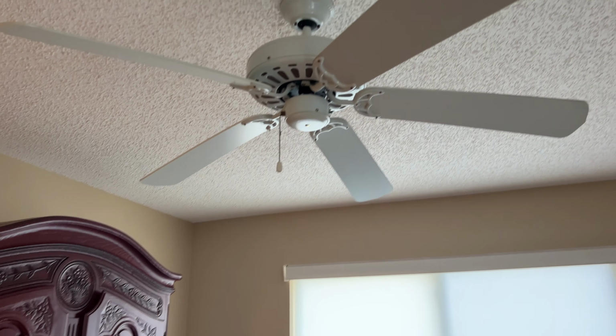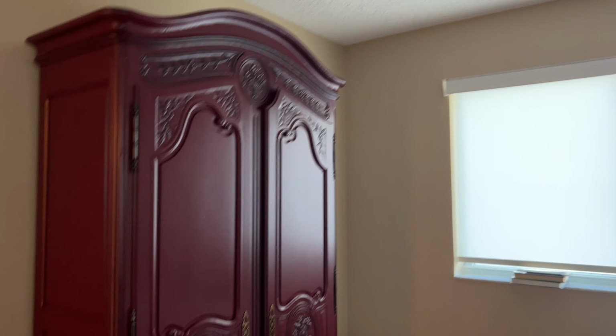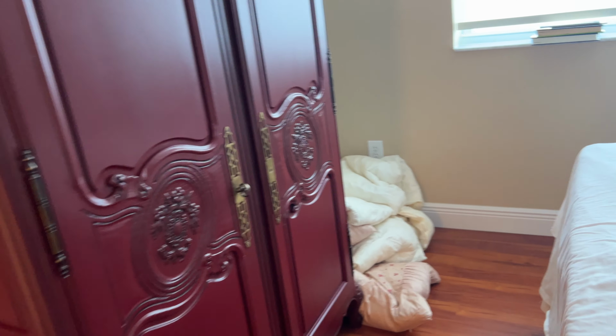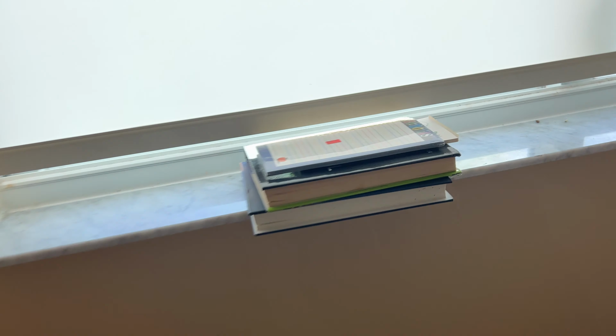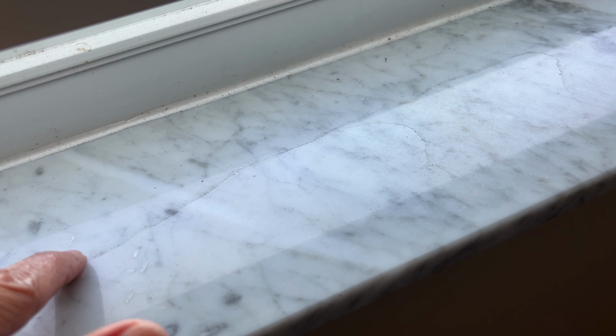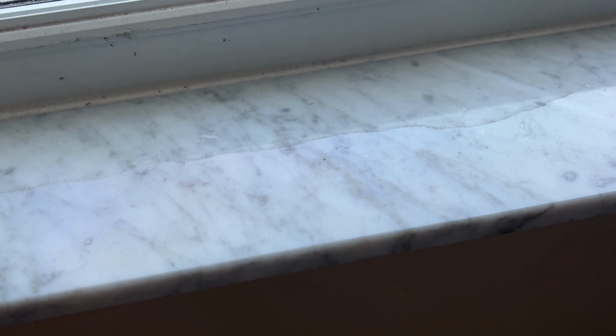There is one fan in this room, and there are some items in here that we'll try to use for staging, and then the rest, everything just needs to go, and then the deep cleaning will include all of this. It looks like there may have been some water damage here even, I'm not sure. But there is